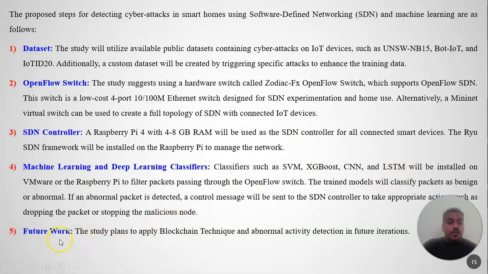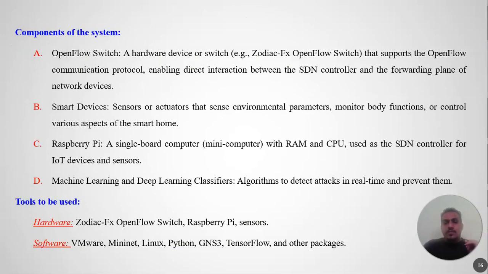Here is the future work. This study plans to apply blockchain technology to abnormal activity detection in the future. Components of the system: the OpenFlow switch, a hardware device, the Zodiac OpenFlow switch, with support for the OpenFlow communication protocol.